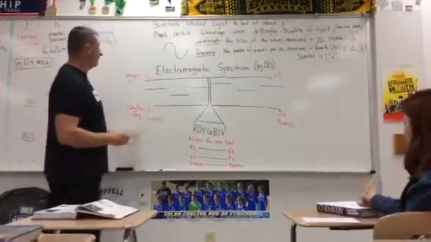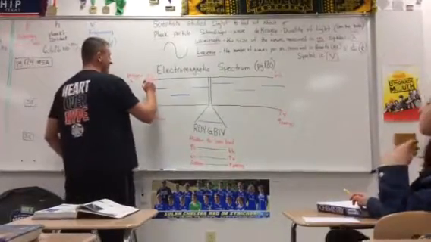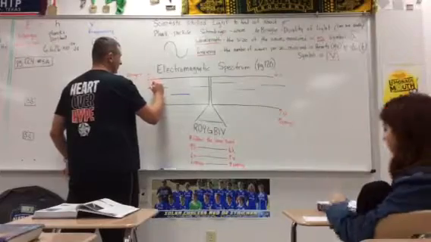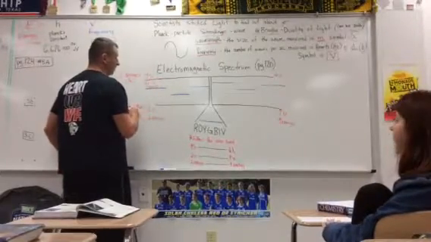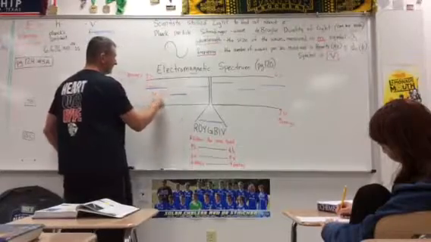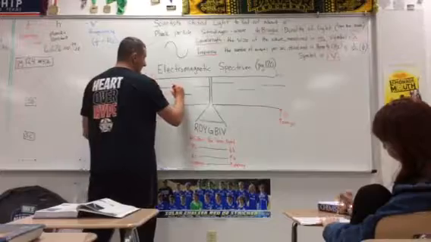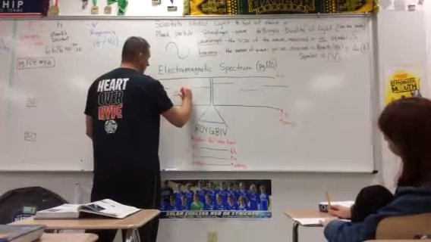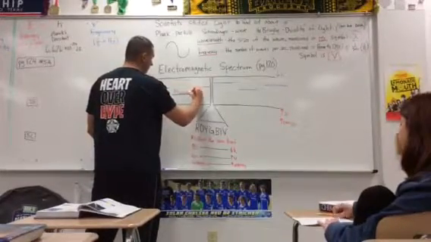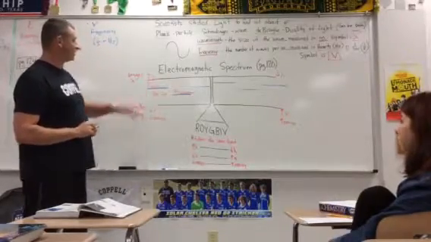Now the smallest wavelength is going to be radio waves. You'll see that. Radio waves have the smallest wavelengths, and that includes AM and FM. FM's a little bit longer than AM. Then the next one is a microwave. What do we use microwaves for? Cooking, right? No, not really. Yeah. Well, radio waves, what do we use those for?